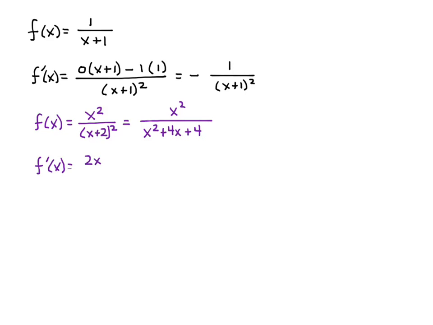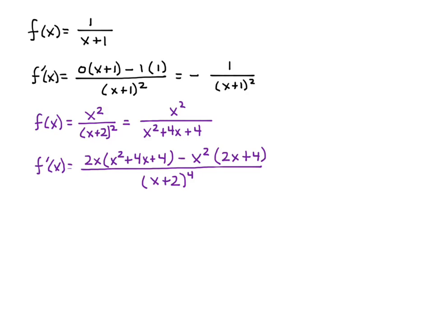Okay, so the derivative then is we take the derivative of the numerator times the denominator. And then we're going to subtract the numerator times the derivative of the denominator. Okay? f prime g minus f g prime. Okay? And then,